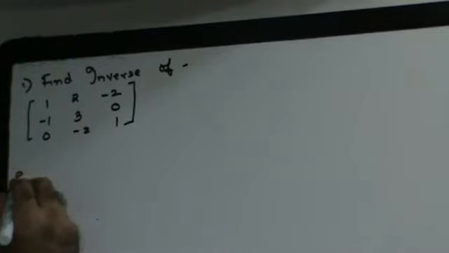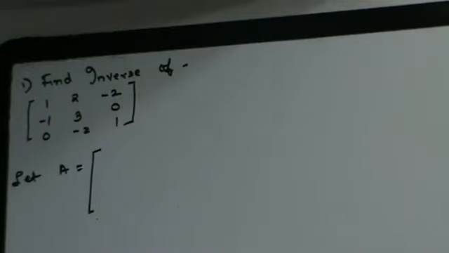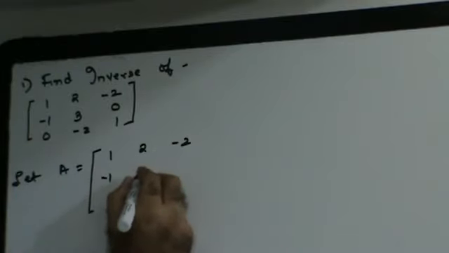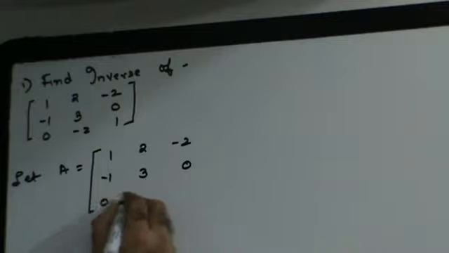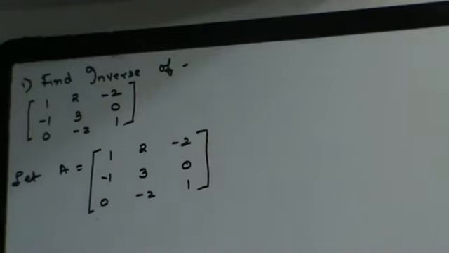You will say, let A be equal to the given sum. So let us assume that A is 1, 2, minus 2, minus 1, 3, 0, 0, minus 2, 1. Right? Now we are going to try to find the inverse by using row transformation. When you have to find the inverse by using row transformation, you will say, I can say that A